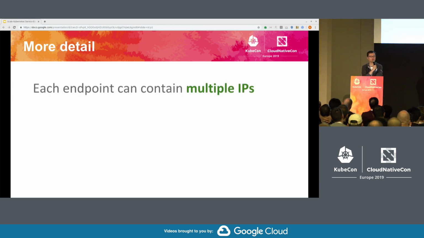So this is the future extension we want to enable in the API, is that each endpoint can actually contain multiple IPs. So in the old endpoint API, each endpoint can only hold one IP that corresponds to the pod IP. So as part of the IPv6 effort, pod IPs are getting pluralized. So each pod can have multiple IPs, and endpoint slice API can express that. So that gives us dual stack support on day one.